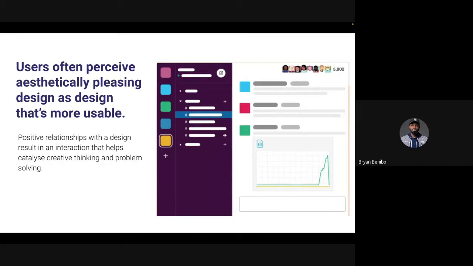Let me bring it down to a very simple thing. It means that any design that is pretty, any design that is pleasing to the eyes, users tend to feel like that design is more usable for them, right? So they want to try to use it. They're ready to put in the effort, they're ready to even allow some issues to go by because they feel comfortable, it's pleasing to their eyes.